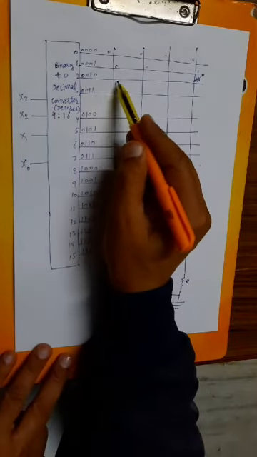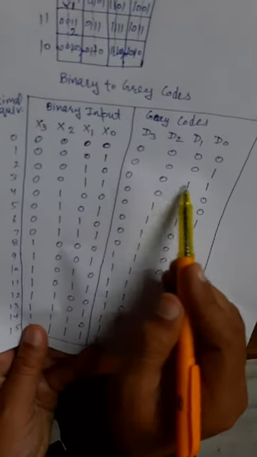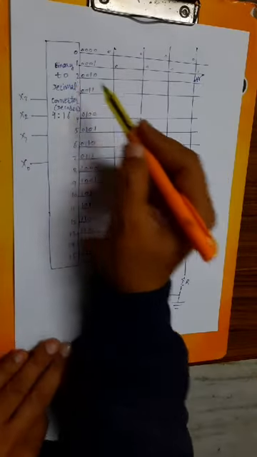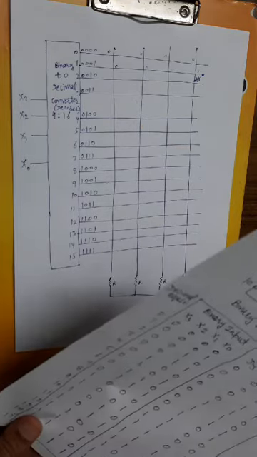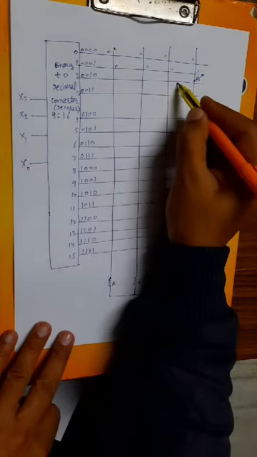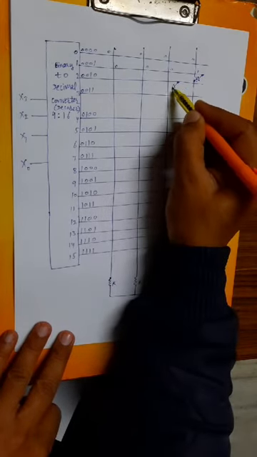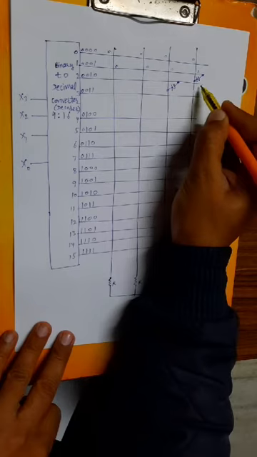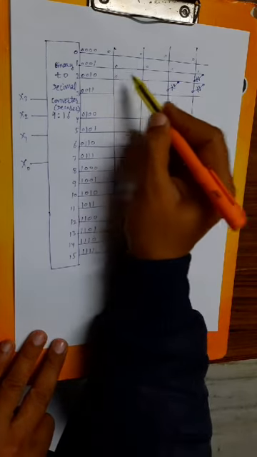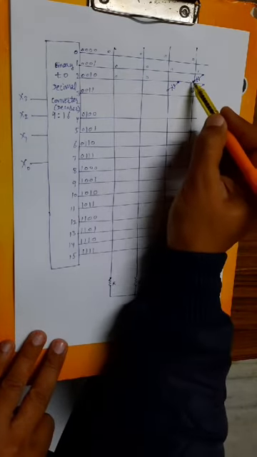On the 2 line, what will be the combination? 0011, for decimal 2, and the decimal 2 line is this. So what will be the combination? 0 0 1, here 1, so a diode is connected here, and here 1, so a diode is connected here. What will be the combination here? 0 0 1 and 1.